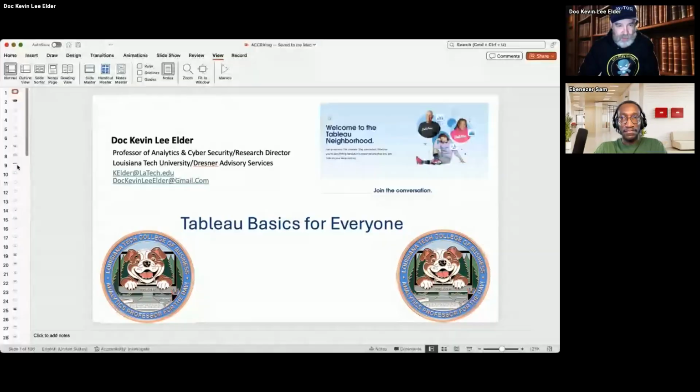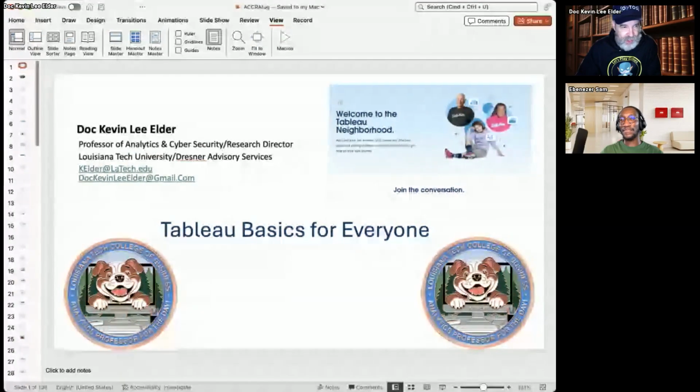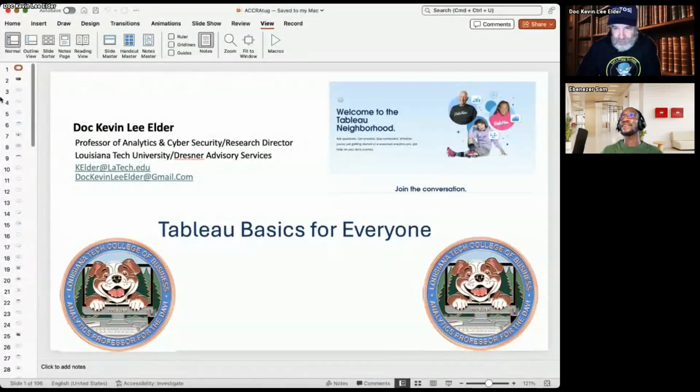So if you don't mind, I've got a really old Mac computer here, and it really helps me to be able to have the slide deck open and running through the slide deck while also being able to see the screen, seeing any questions or comments. So we've got a small group here this morning. So if you've got a question or a comment, please throw it into the chat. I've got the chat open and can see if you have any questions or comments, and then we'll try and take questions at the end.